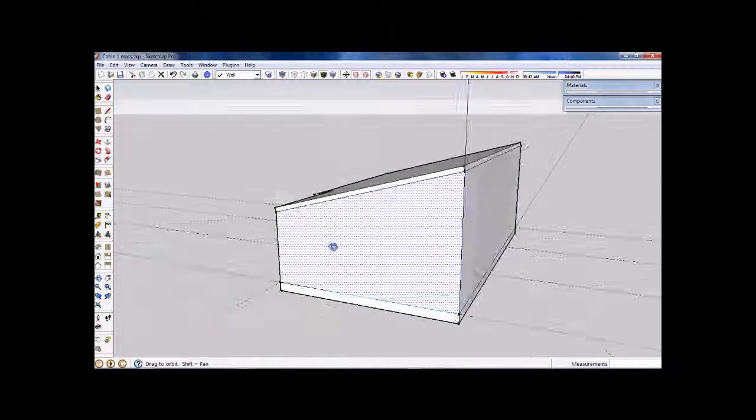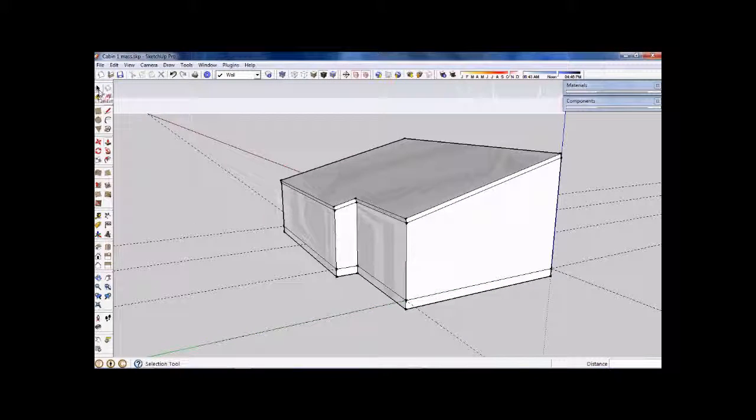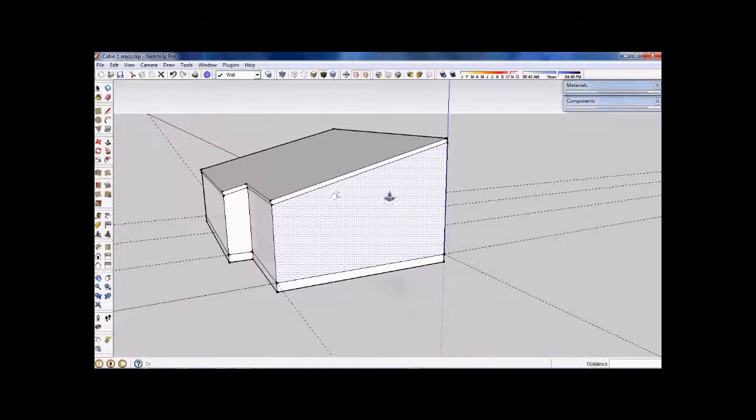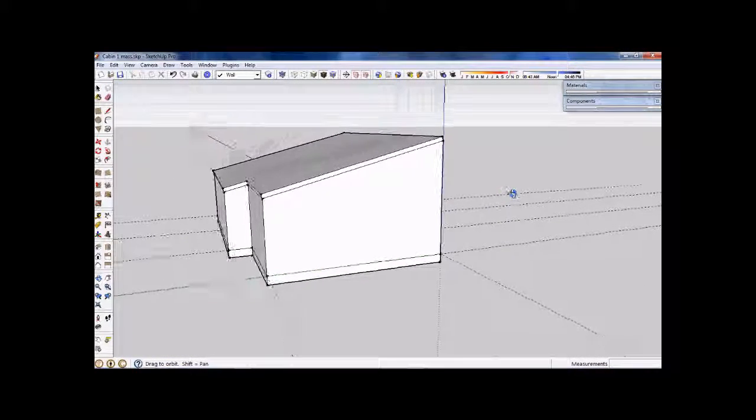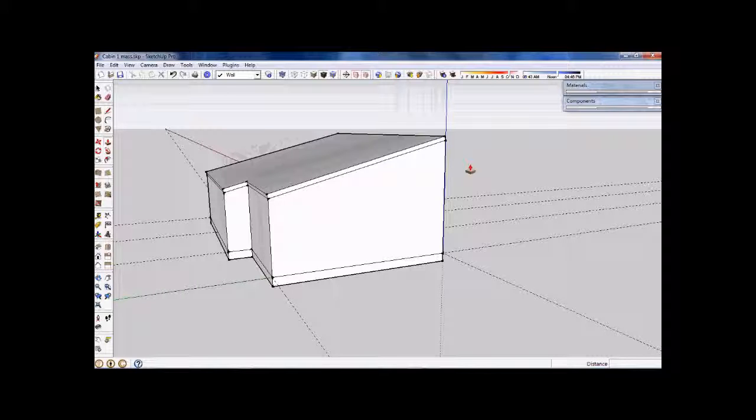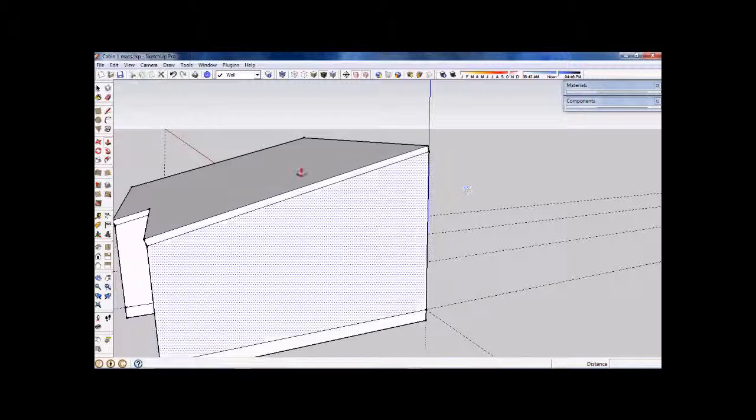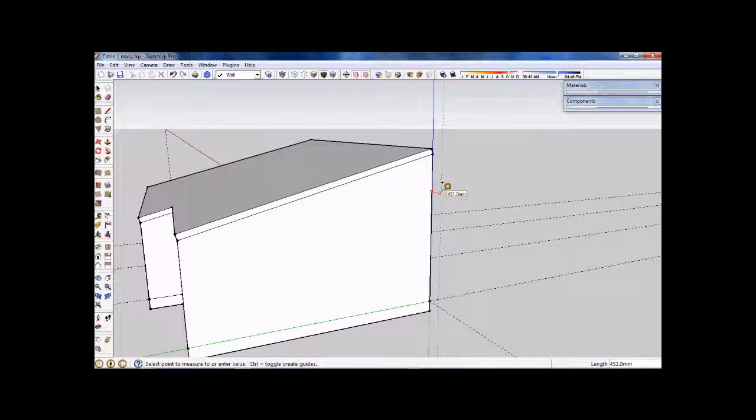Okay, so the next step will be, I want to create some eaves overhangs for this roof now. I want the overhangs to be 900mm. We'll work on the front edge of the building to start with. Now, probably if we orbit something like I've got there at the moment, might be the best. Zoom in a little bit. If I grab my tape measure, just like a builder would on site, on this edge of the building here, and pull out in the green axis direction, so make sure you see a green tip poking out, green arrow, and while it's poking out in the green axis direction, if we type 900 and press enter, we've now got a construction line which in the green axis is 900mm away from that